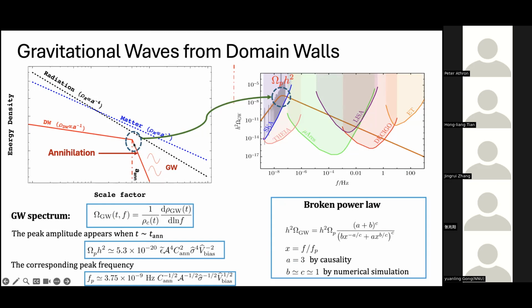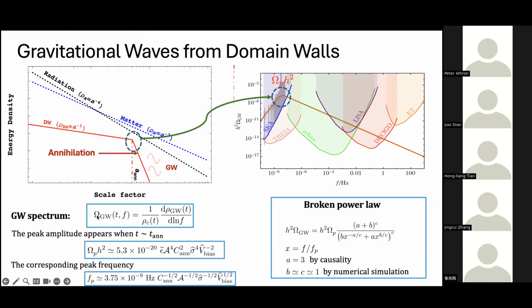Now, at some point of time, the annihilation of the domain wall actually starts, and this corresponds to this red dotted line. After which the domain wall keeps on annihilating until it disappears. So this peak in the spectrum actually corresponds to the time when the domain wall annihilation starts. And frankly speaking, we do not have much idea of how the domain wall actually annihilates. So that's why in this region on the right, we do not have very concrete evidence.